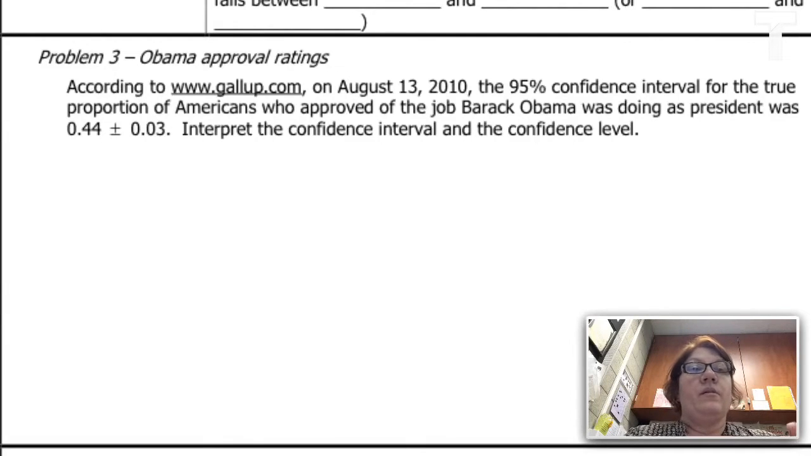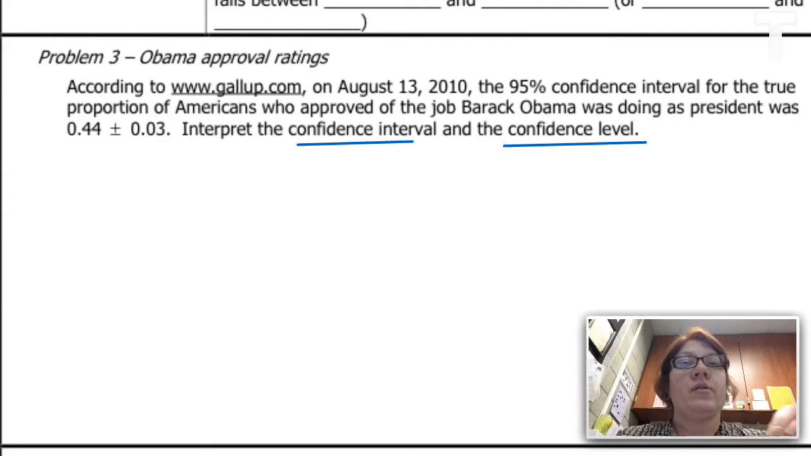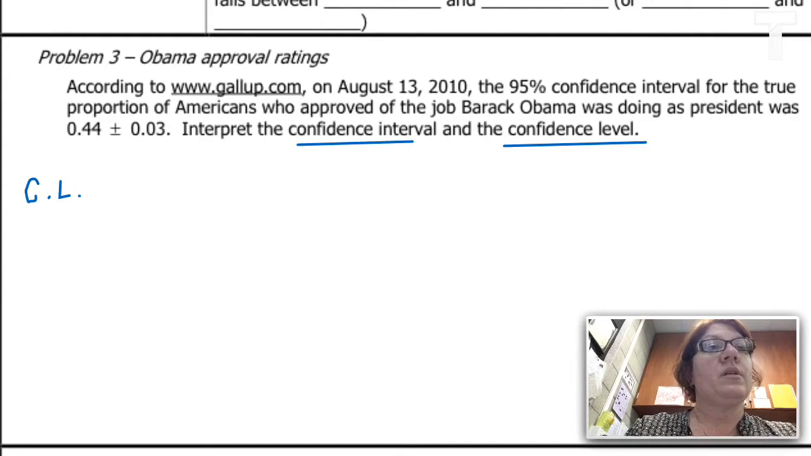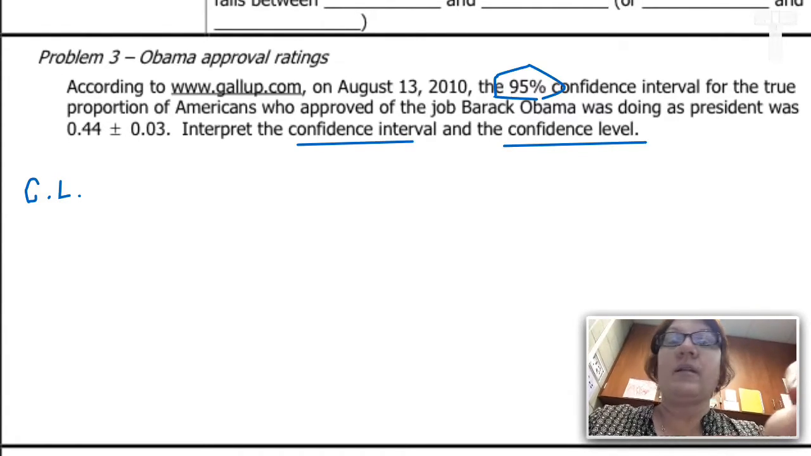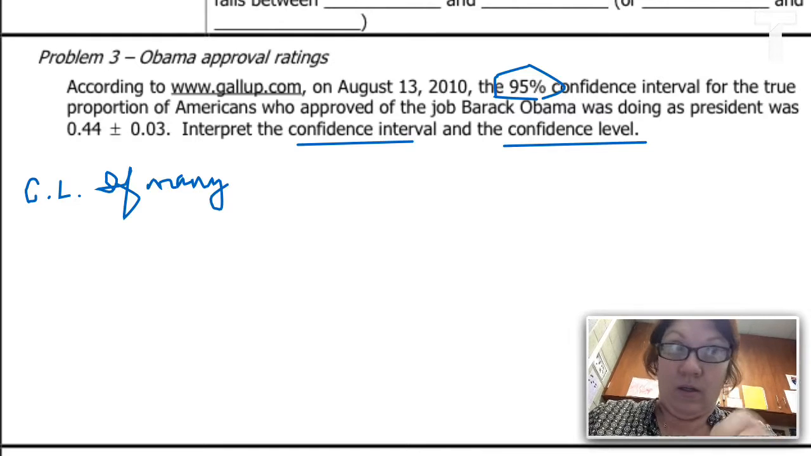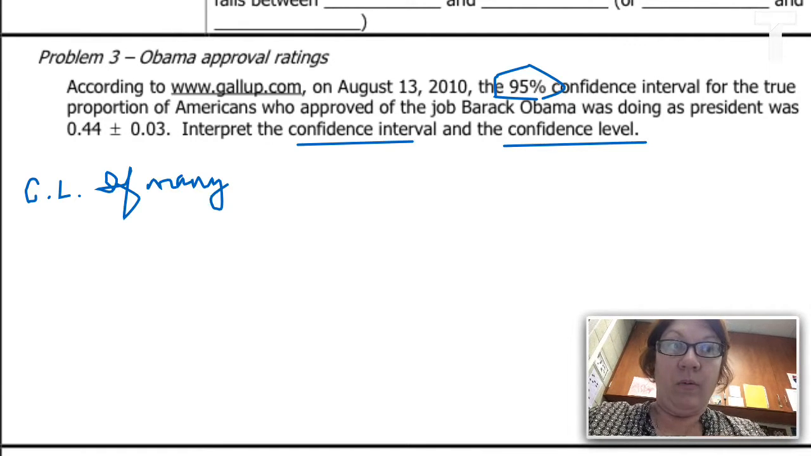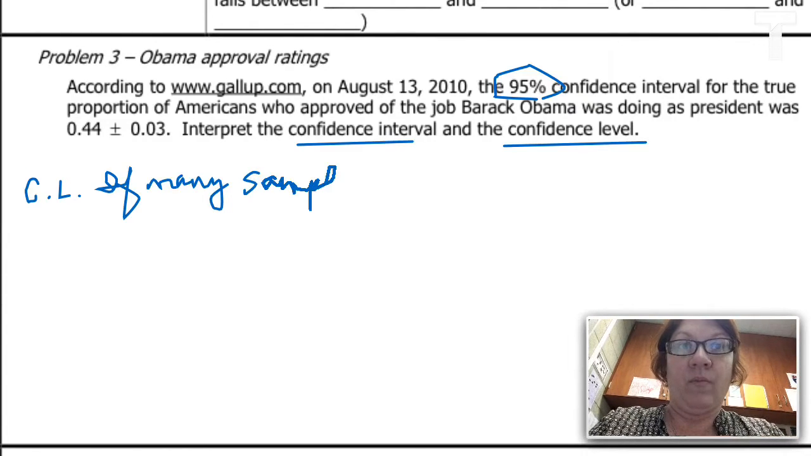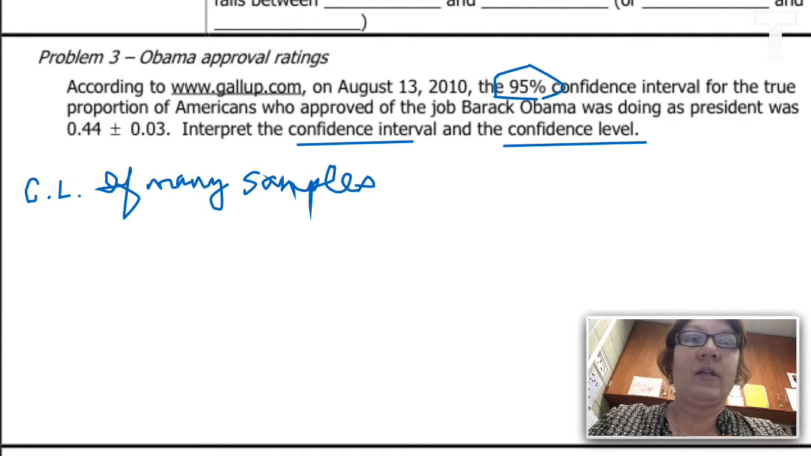Alrighty, well on this next piece, I want to interpret both the interval and the confidence level. So I'm going to start with the interval first. Actually, just kidding. I'm going to do the confidence level first. So it's a 95%. So that tells me if many samples were taken, so in repeated sampling, and I can say this in an assortment of ways, and I probably will, so you need to pick one that works for you that you can remember and stick with that. So I could say in repeated sampling, or if many samples were taken,